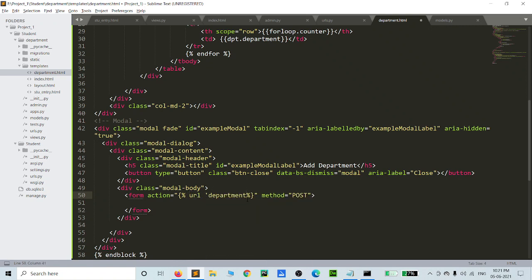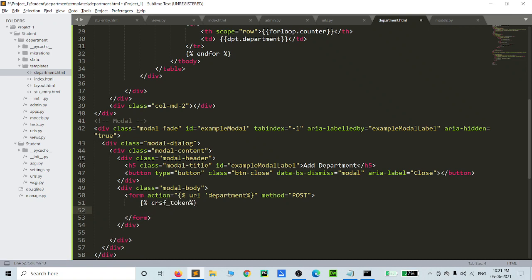So in this form you can create the modal body section. Before that, very important, you have to add the CSRF token value.